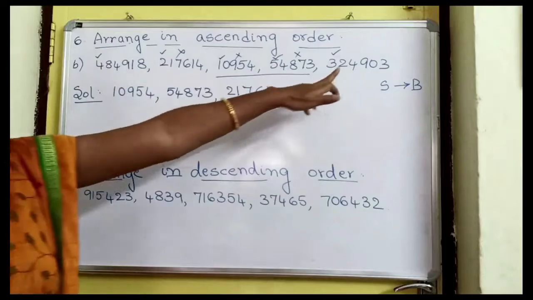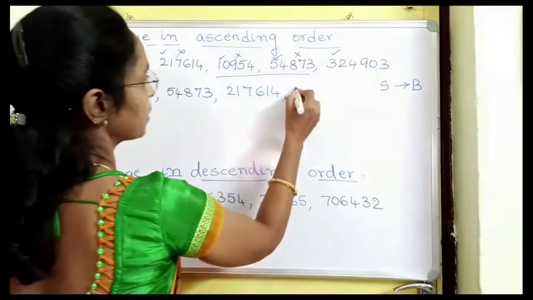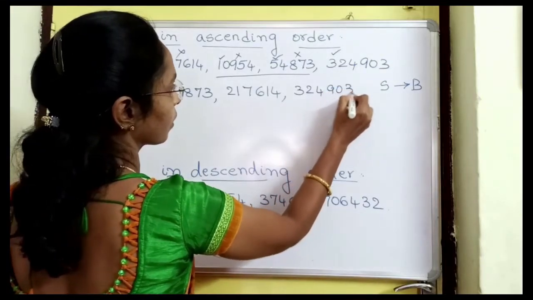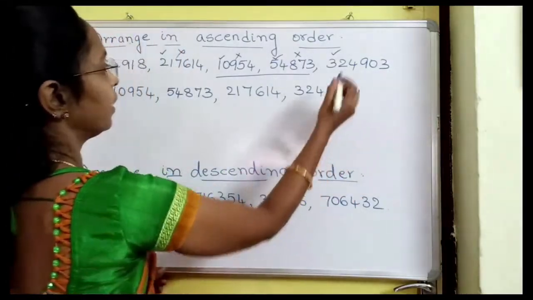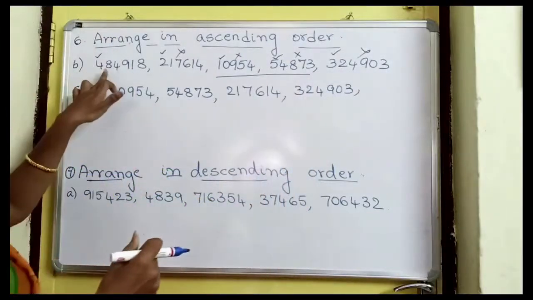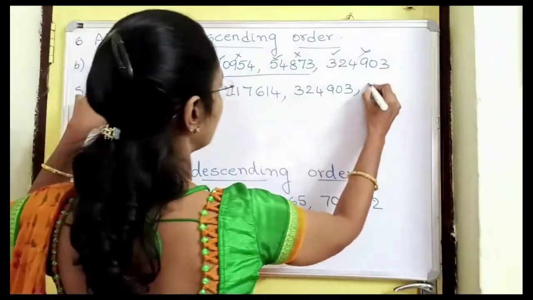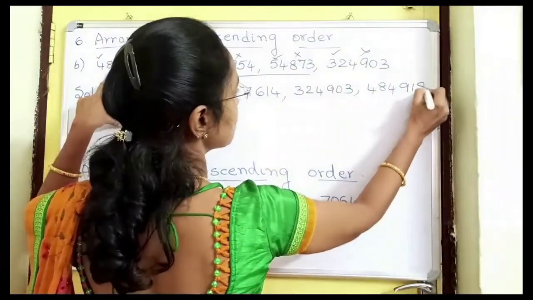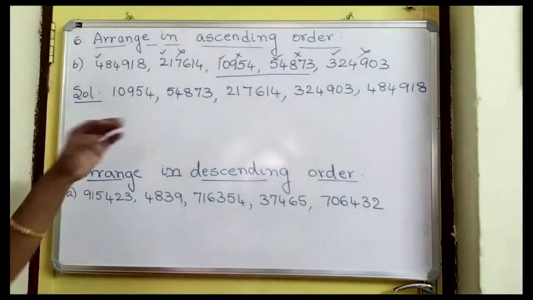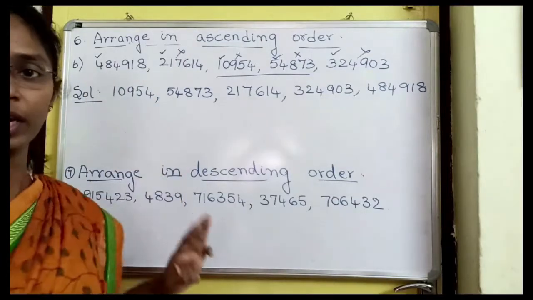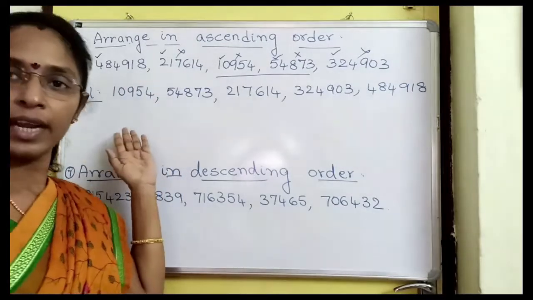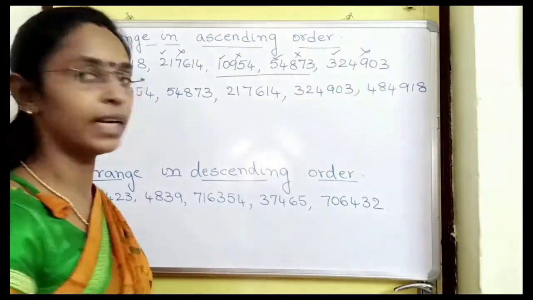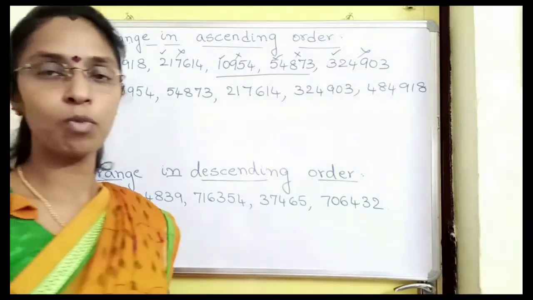Okay children, so we have completed this number also. The next one is starting with 3. Now this also we completed. So what is this last number? That is the bigger number, 4. In this way you will compare the numbers and write them down. First count the number of digits. Write down the one with fewer digits first, because you are writing in ascending order. Ascending means small to big.